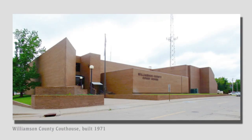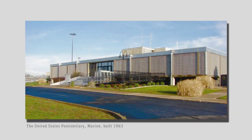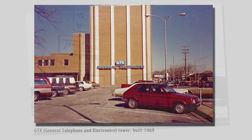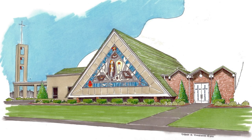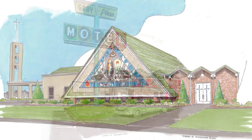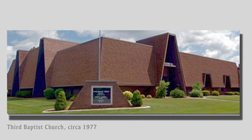The new structure's unique design was the latest in a growing number of notable examples of modernist architecture being added to the skyline of the small southern Illinois town. From the new regional office building for CIPS on West Main Street to St. Joseph's Catholic Church on Carbon Street, the use of long, low, horizontal lines seemed to make these buildings blend seamlessly